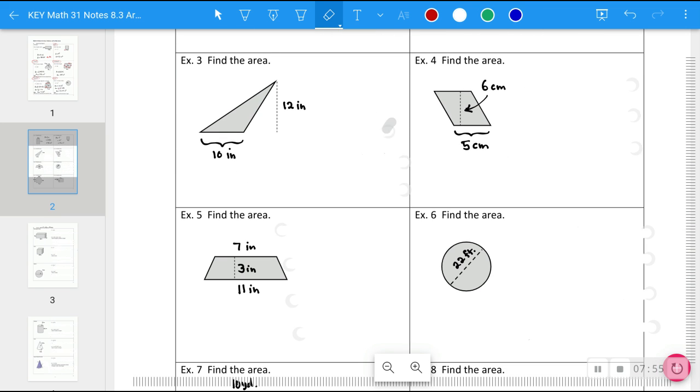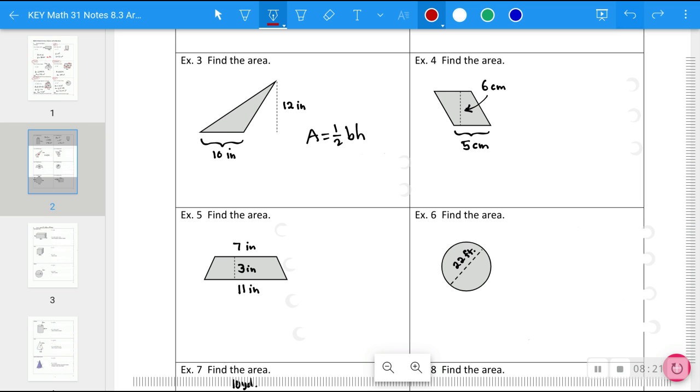This is a triangle, so we write down the formula. The formula tells us what we need to find. We need the base length, which is 10. And this has an external altitude or height. You remember that I said that they have to be 90 degrees to each other? That's why I had to draw it outside, because this angle right here is not a 90 degree corner,